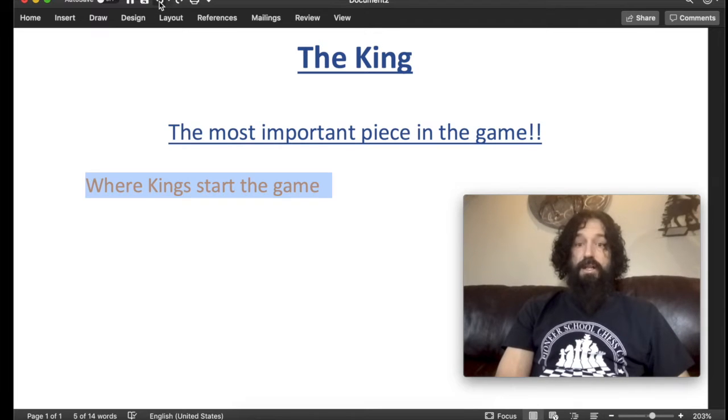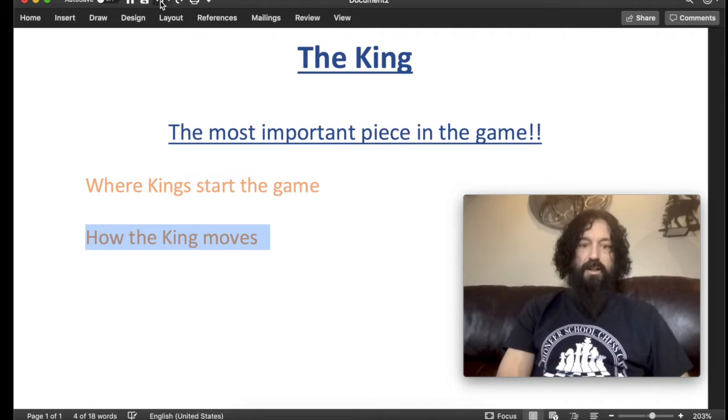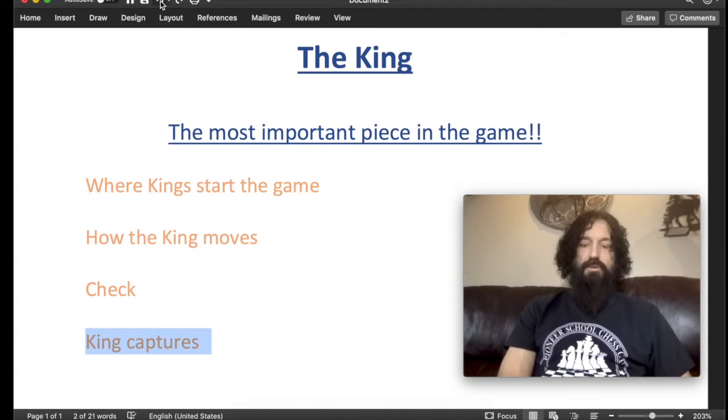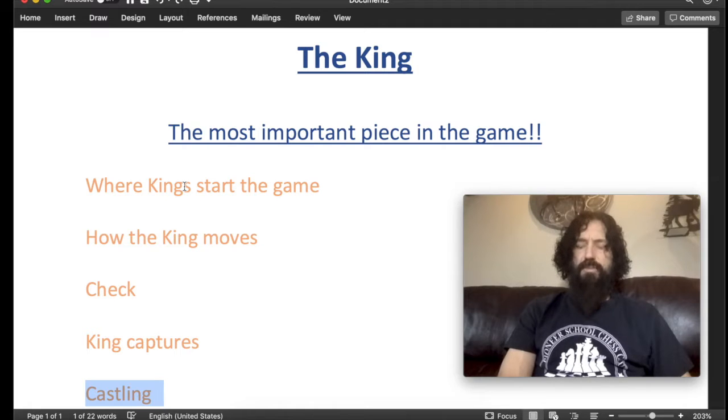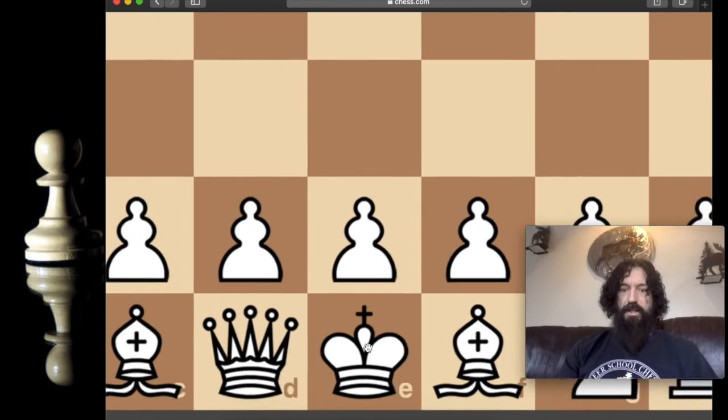We're going to look at where the king starts on the board. Pretty simple there on the e-file. How the king moves. We're going to look at a very special, a threat to the king is called check. We'll look at that. We'll look at how the king captures, and then we will look briefly at castle. It's something that we have to get familiar with, but we're not going to go into extreme detail on this video. Okay, so first of all, the kings are the guys with the crosses on their head here,